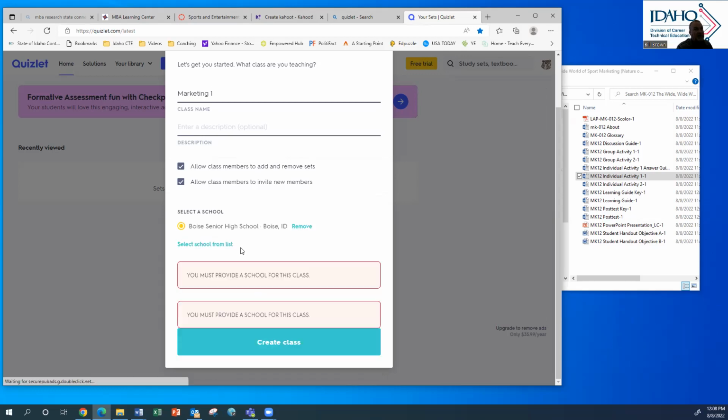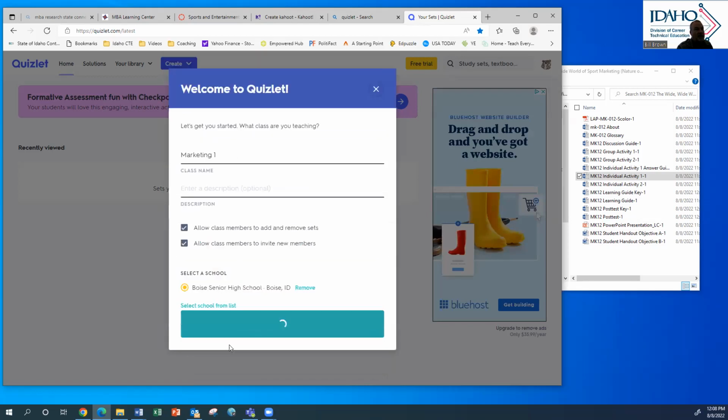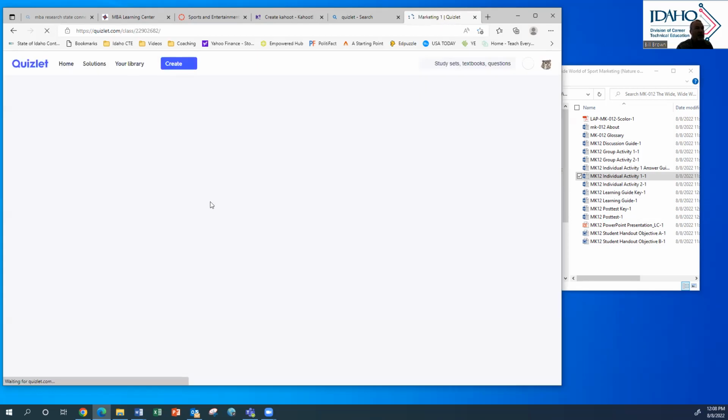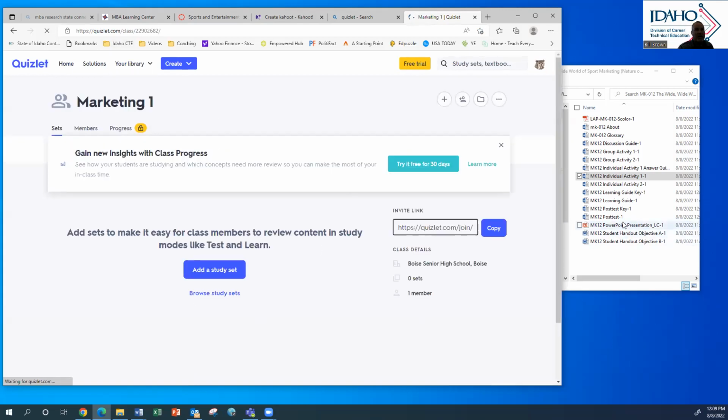Senior high school, so that's where I taught. So we'll just create the class and go from there. So now I'm in the Quizlet homepage, and the way that you create a Quizlet from that glossary is you open the glossary,